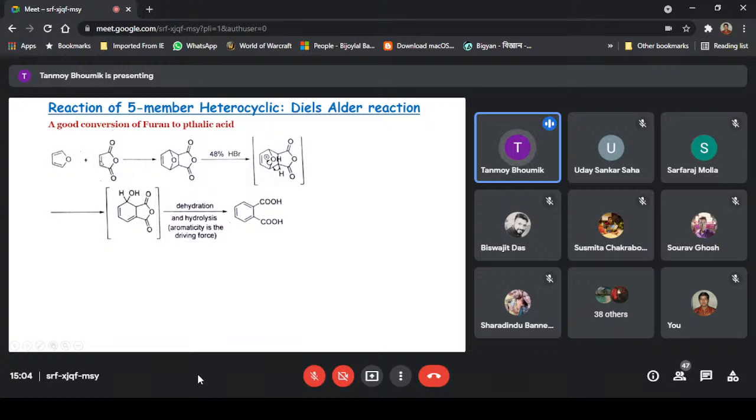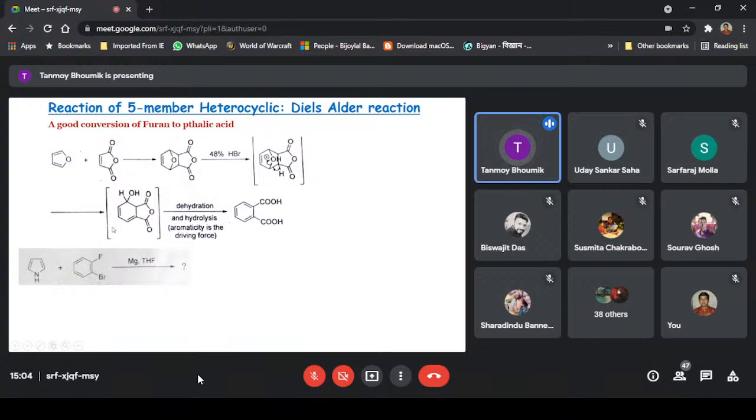one containing a double bond with this carbonyl bond, and this also participates in the conversion of this Diels-Alder reaction, and it can form the phthalic acid. Similarly, if we are asked this type of question, where benzene and F